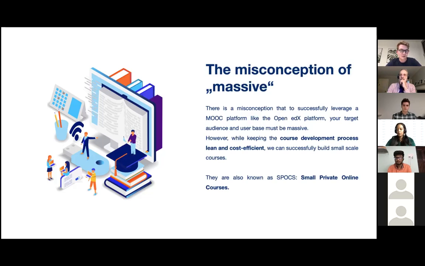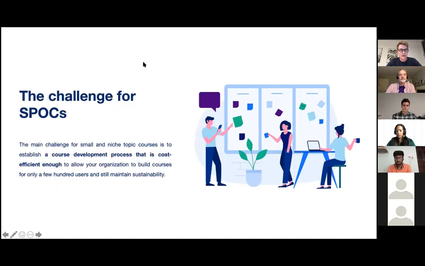And I think this is something that is often overlooked, a field of application, also known as SPOCs, small private online courses for Open edX. So this is what I'm going to focus on.